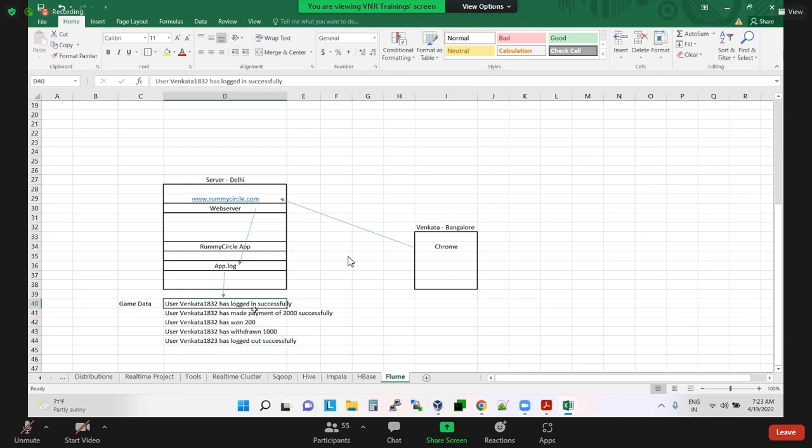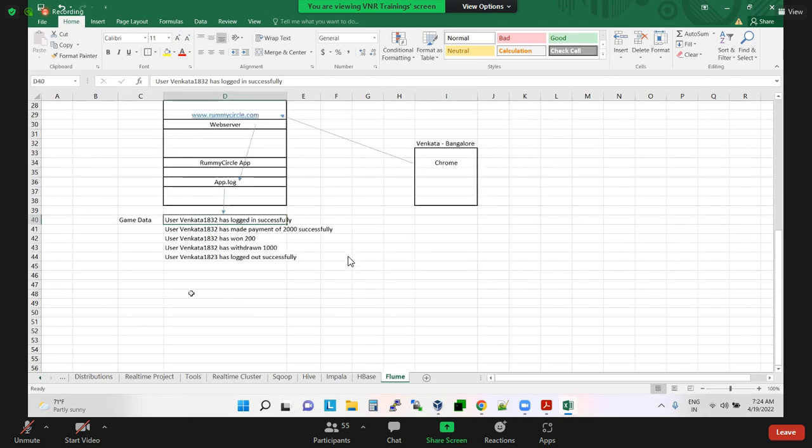You open Rummy Circle anytime, anytime in the day or anytime in the night, you will have at least 1,000 players playing. So the log printing will be stopped only if you have 0 players, or if the website is crashed. So when there is no end,